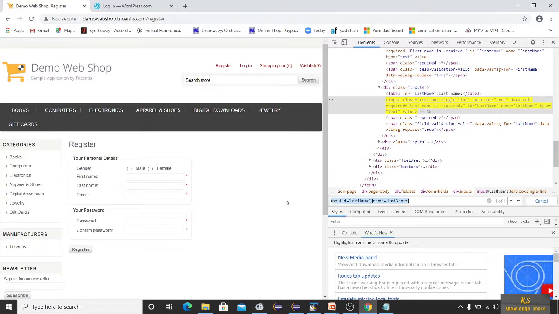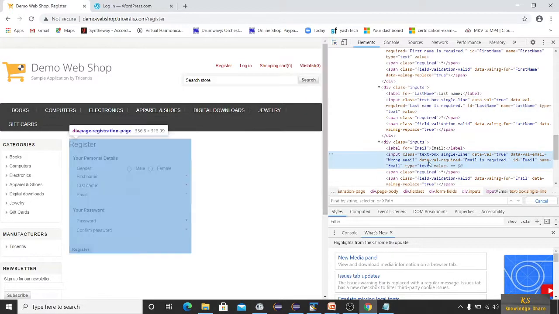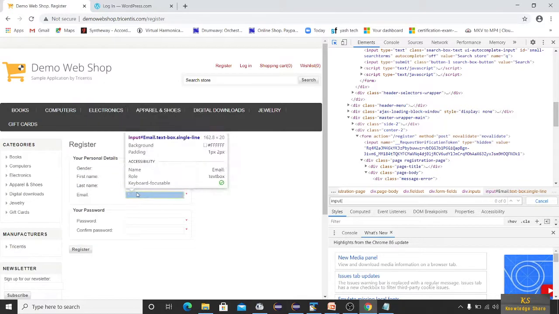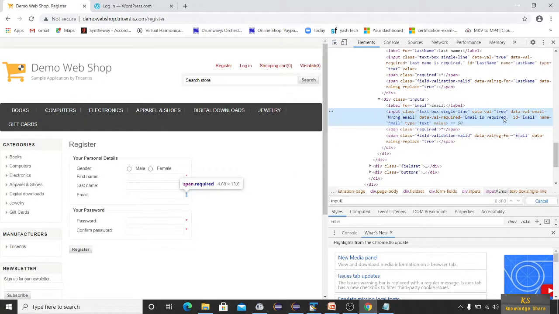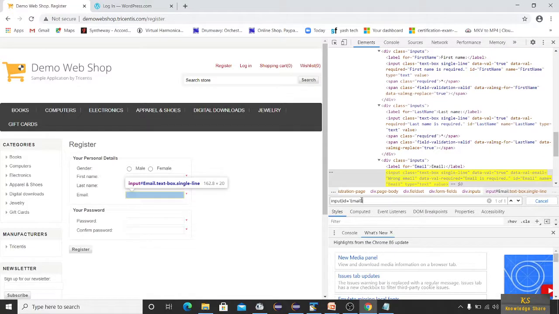Let's do the same thing for email instead of last name. Just select the email and give input. What are the email attributes we have? We have id is equal to email. So let's use that, id is equal to email, and you can use one more, name is equal to email.